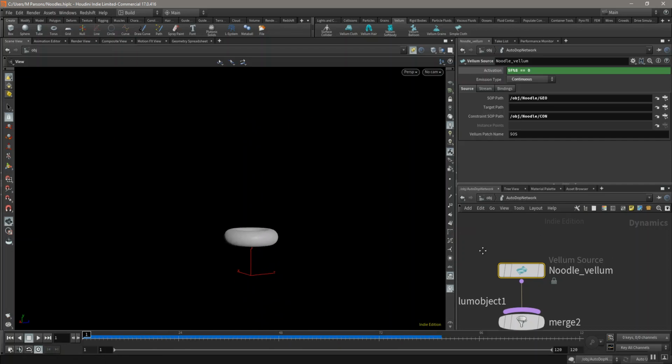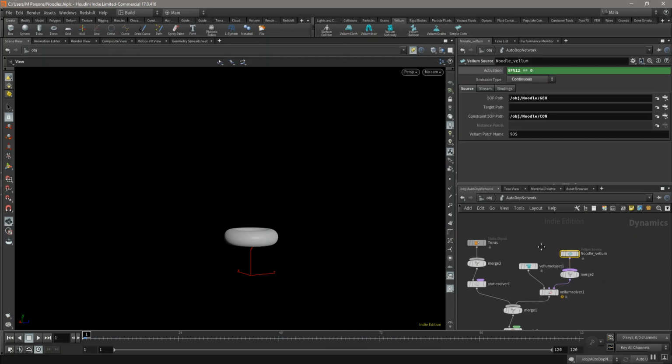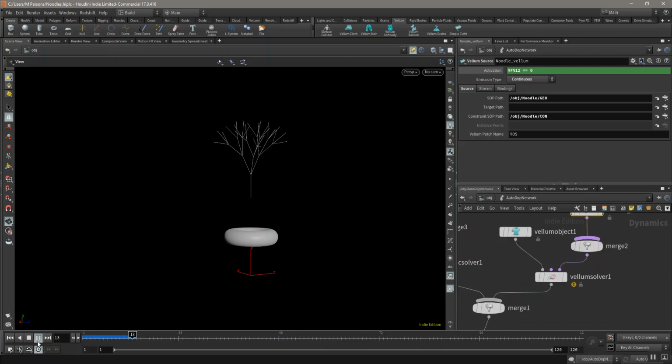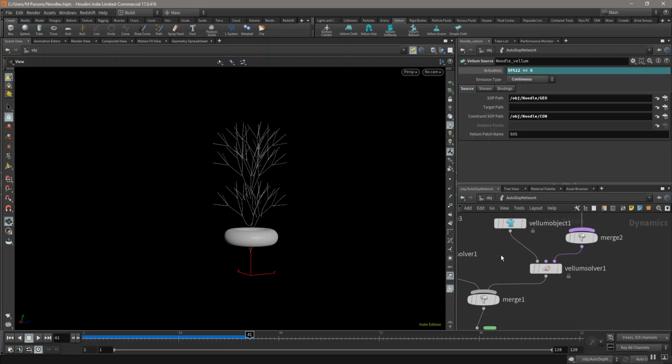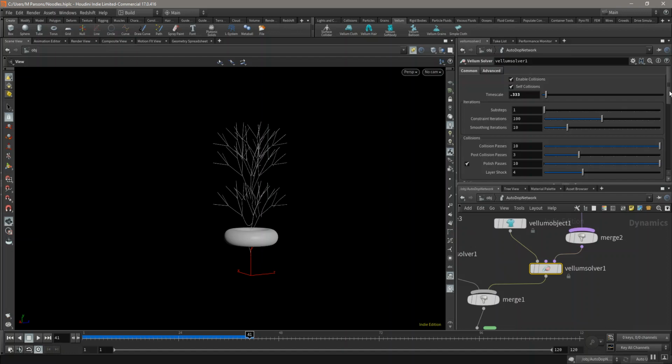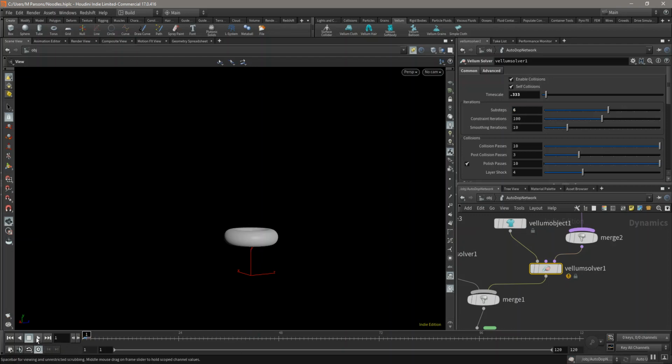I'm just going to come back here, and we'll change this to maybe every 12 frames instead. And another thing that we have to do, since this geometry falling looks so regular, one of the ways to kind of smooth it out, it does take longer to simulate, is to increase the number of substeps that we have. I mean, you're probably used to this if you've used Vellum before. I think a value of 6 is probably going to be fine. The higher you go, the higher quality your simulation is going to look, but it gets computationally expensive the higher you go. So